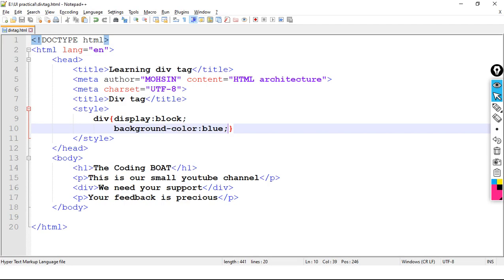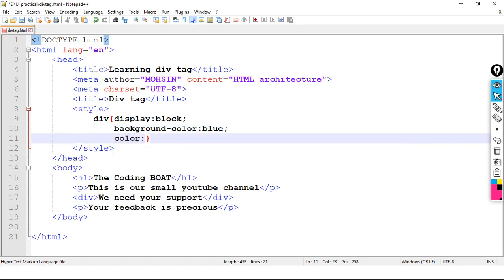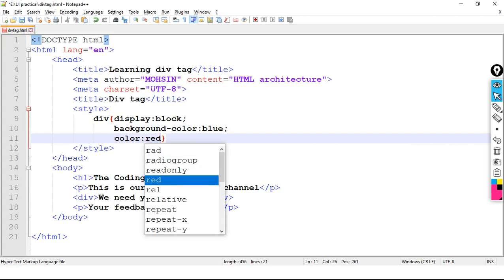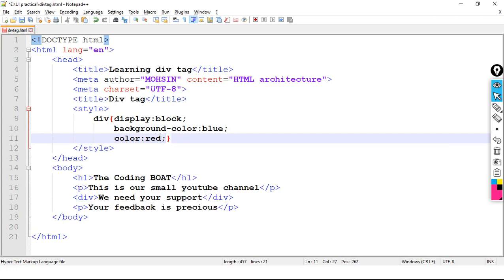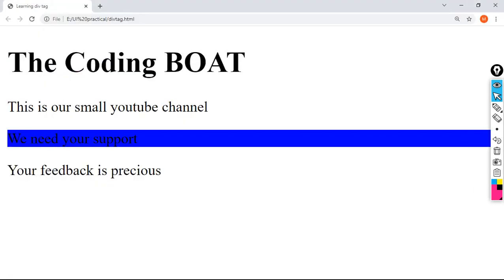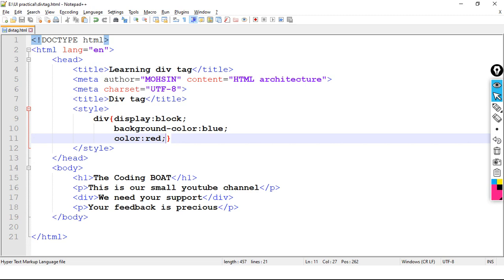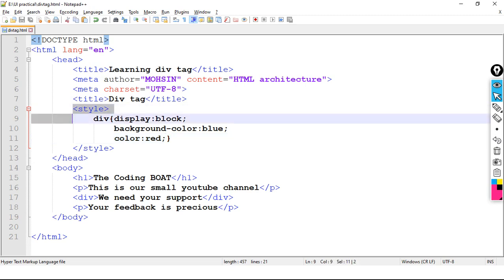Now I'm going to make use of color red. Save the code. Understood? See, color is red.